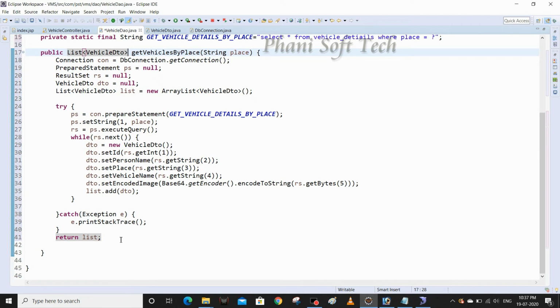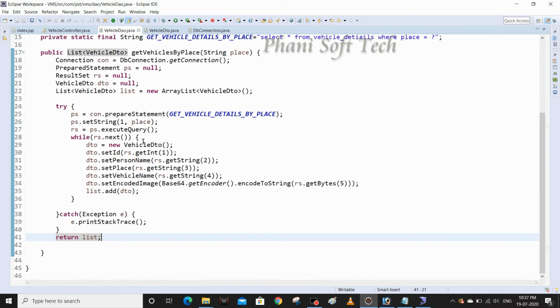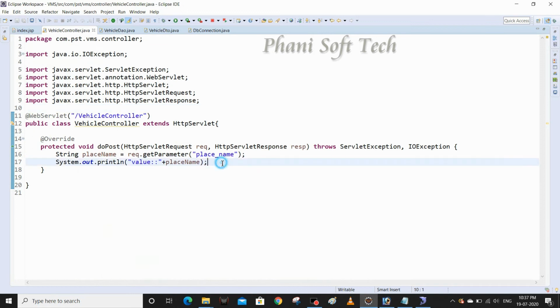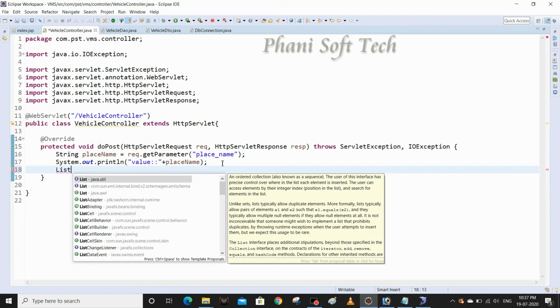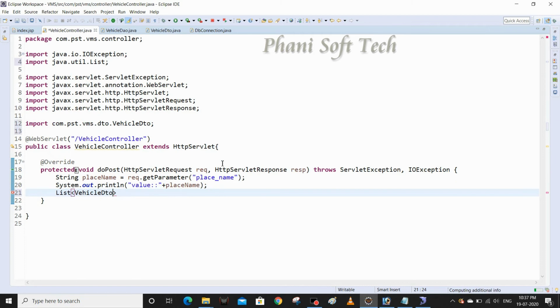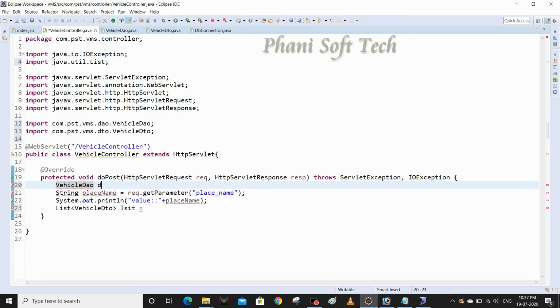Only a single query, we can achieve this. How will we do that? It is written where? In the vehicle controller. So I'm going to get here a list of VehicleDTO, list equals, and I'm going to create an object of the DAO, VehicleDAO.